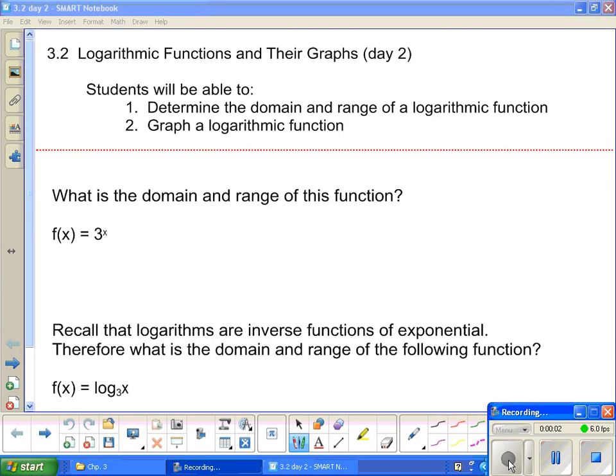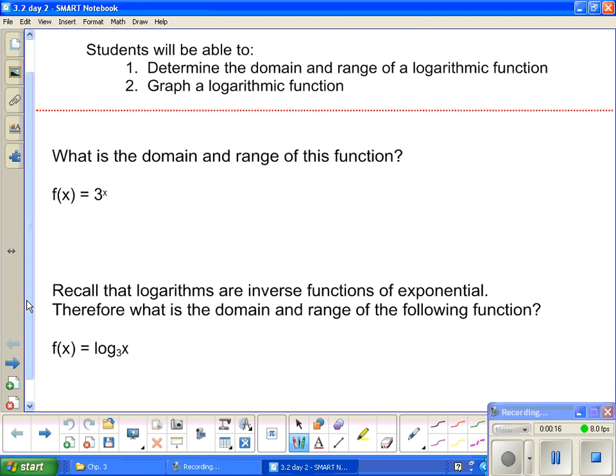All right, so today we're going to look at part 2 of section 3.2. We're going to be looking at domain and range of log functions and then graphing them. But first, let's look at what's the domain and range. Remember, exponentials and logs are inverse functions, and we know by definition of inverse functions that the domain and range